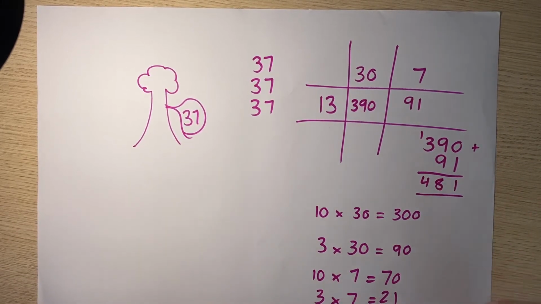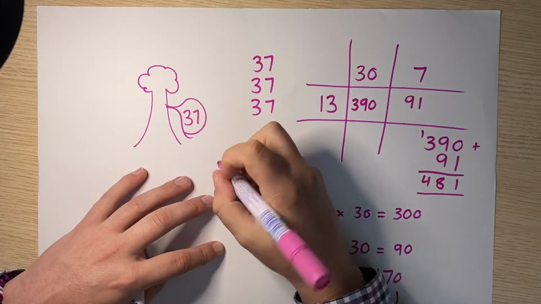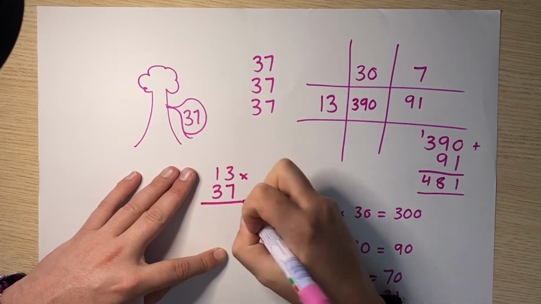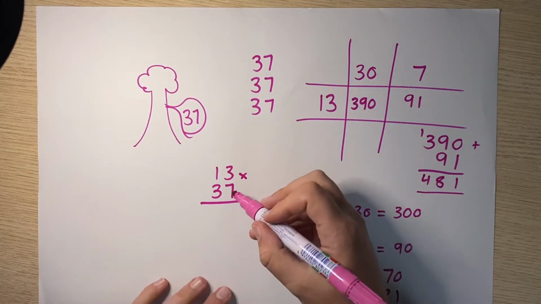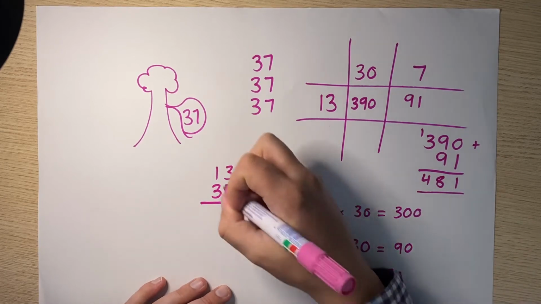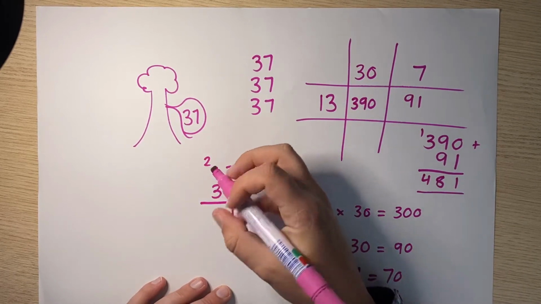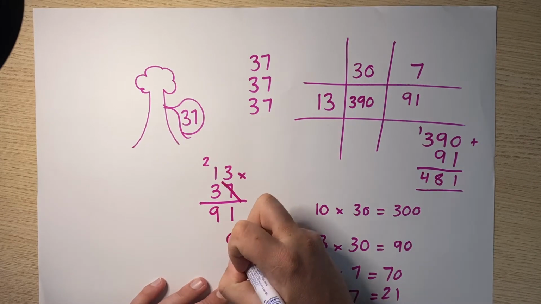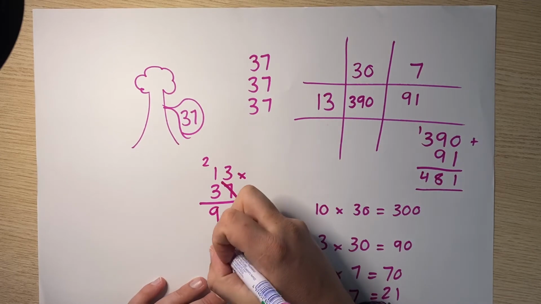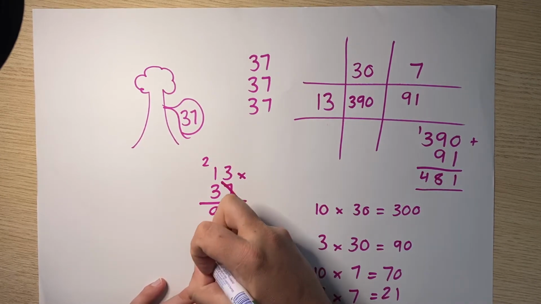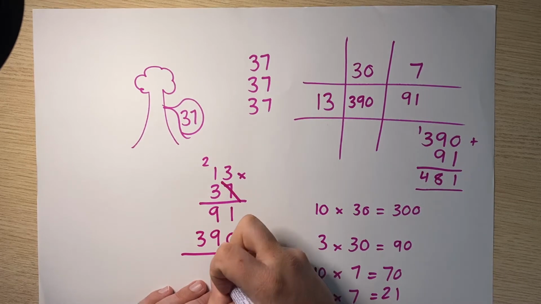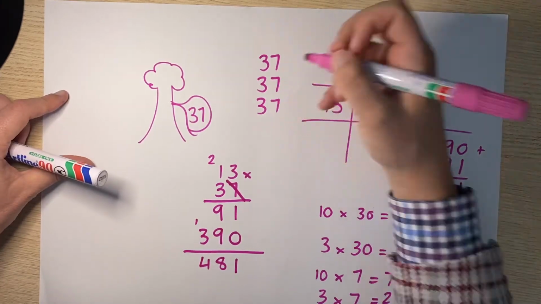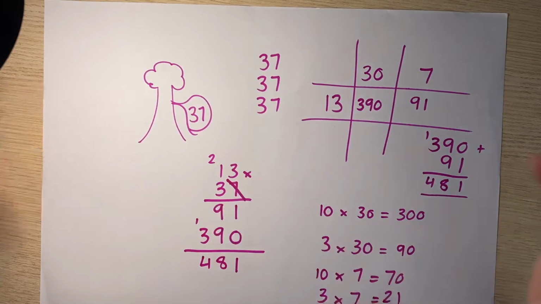Now, another strategy that you could use is just doing 13 times 37. You might have seen this strategy before. 7 times 3 is 21. Put down the 1, carry the 2. 7 times 1 is 7, plus the 2 is 9. Now, since we're done with the 7, we cross that out. We're done with the 1s column, and we bring down a 0 like that. 3 times 3 is 9. 3 times 1 is 3. And then we add 1, 18, and 4. That's a different strategy, okay? You could do it this way. You could do the area model. You could do this strategy. So whichever one you use is fine